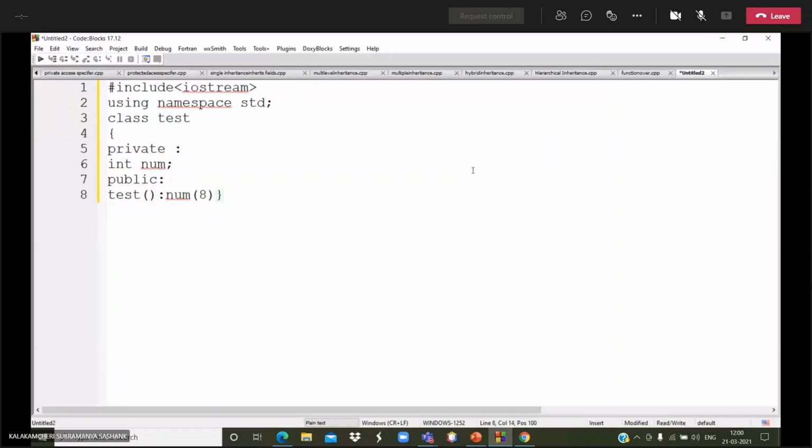Then I am assigning that number. Then I am printing the value, and for that printing I am writing one more function as the print function.